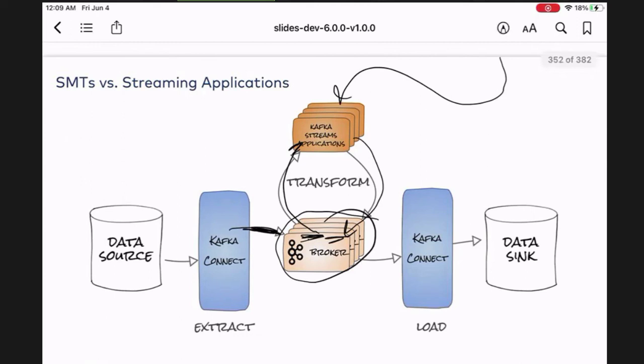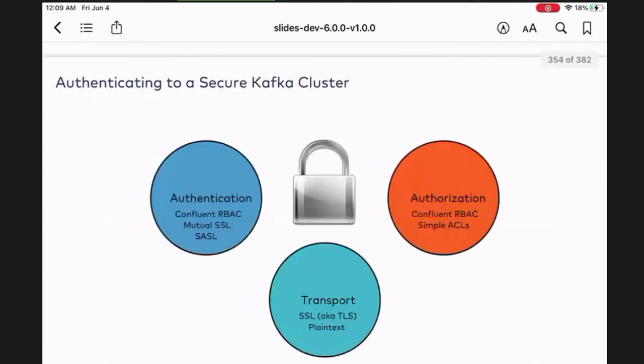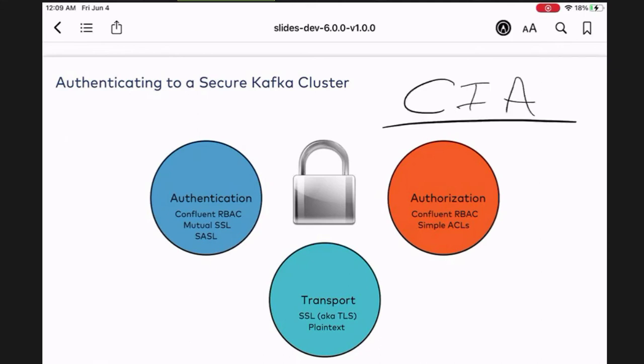Yeah. And now authenticating to a secure cluster. When you talk about security, one of the things you want to know in industry is the CIA. This is not about the spy agency in America. But when you think about security, you want to think about these principles: confidentiality, integrity, and availability.